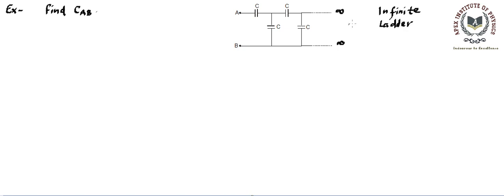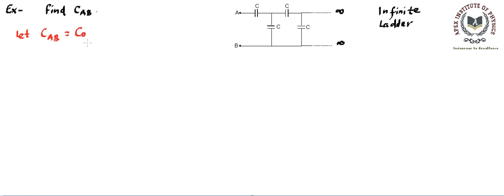So there is a set way to solve it, and let's learn that way. If this kind of question comes in the future, you can use that process. Now it's obvious that if we start finding the series and parallel combinations, we are not going to get it, and solving is going to be very difficult because it goes to an infinite number of terms. That means this kind of C and C combination is going to be infinite in number. So we will start like this. We will assume our answer, that means C across AB, that means the C equivalent that we are going to find, is a number called C0.